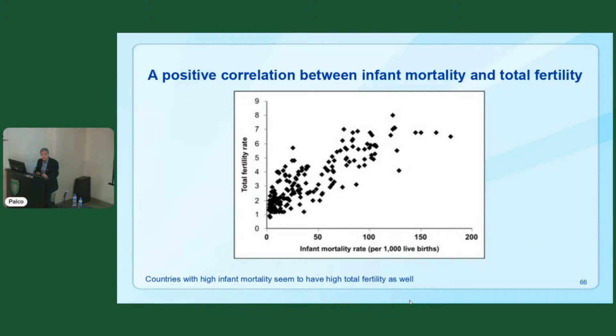What do you think? Fred, what do you think comes first? So the graph is showing countries with high infant mortality rate have high total fertility rate. This is a correlation analysis. Again, it's a linear regression. I'm going to show how that is calculated. But it's basically saying, hey, the more death I have in my family, the more kids I'm going to create